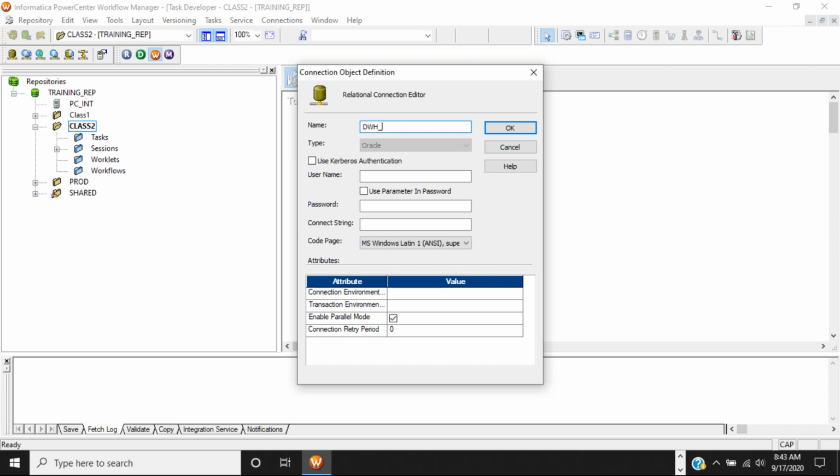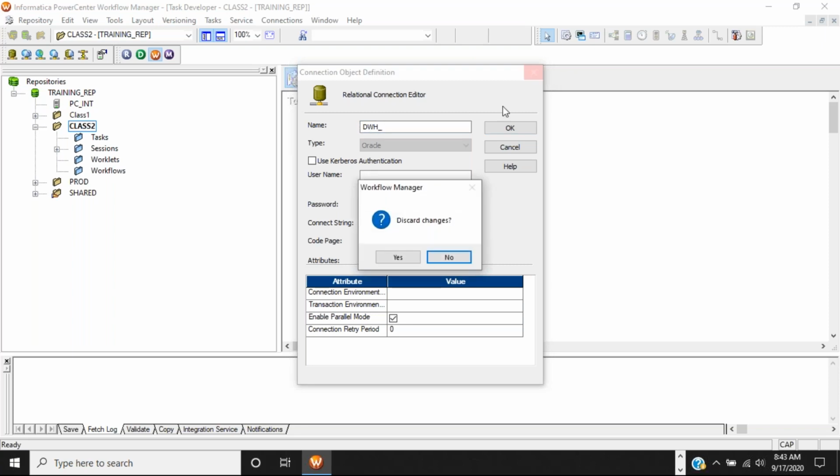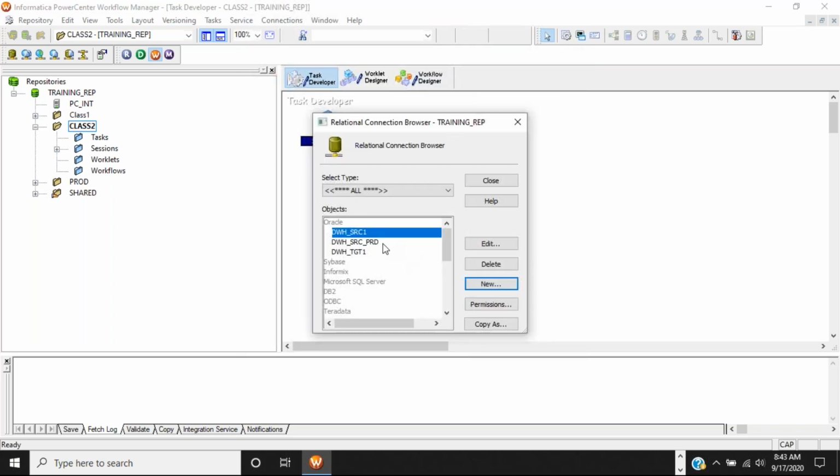I'm asking, in relational connection the drop down lists different types of database, right? Yes, these are the different types. If you are using a Sybase database, you have to select the Sybase connection. Here I could see ODBC also. I'm asking the difference between ODBC and Oracle. Why did we choose Oracle?